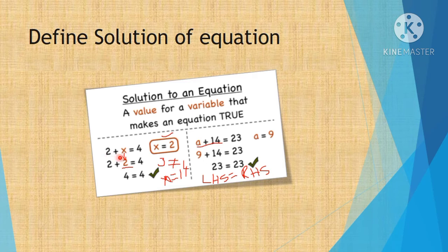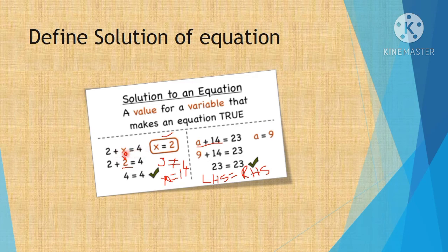So here what is the meaning of 2 plus x is equal to 4? 4 is equal to 2 plus x. So with 2, if you add one number, you should get 4, right? That is the meaning of 2 plus x equal to 4. We don't know that number, so we want to find it out.